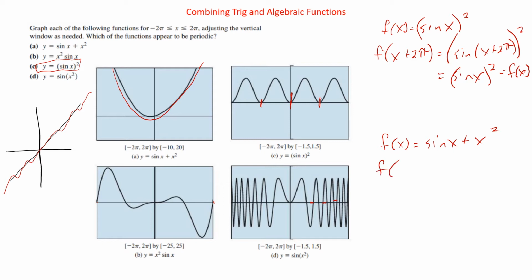Here, if we go f of x plus 2 pi, we're going to have the sine of x plus 2 pi, which will end up being just sine of x. But then we have plus x plus 2 pi squared, which is not going to simplify down to x squared. It's going to simplify to x squared plus 4 pi x plus 4 pi squared. And so that's not back to the original function. So by replacing the x with x plus 2 pi and seeing if it will simplify back to the original function,